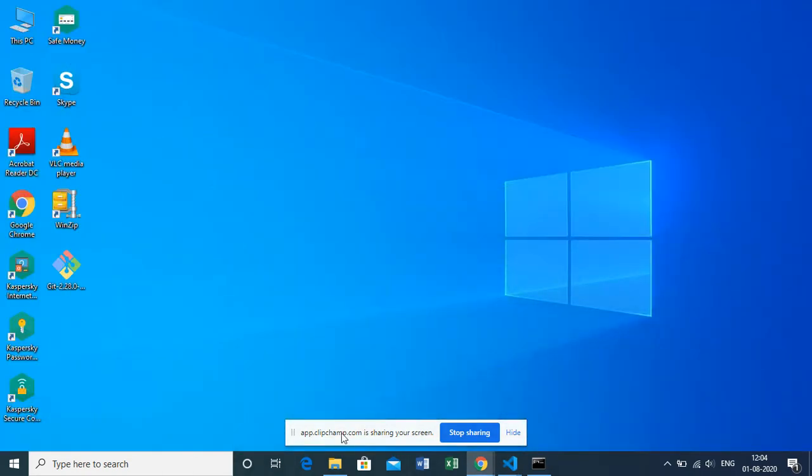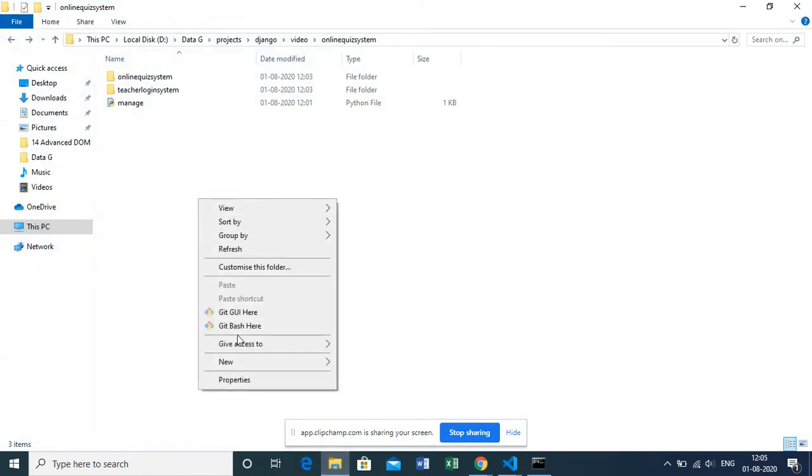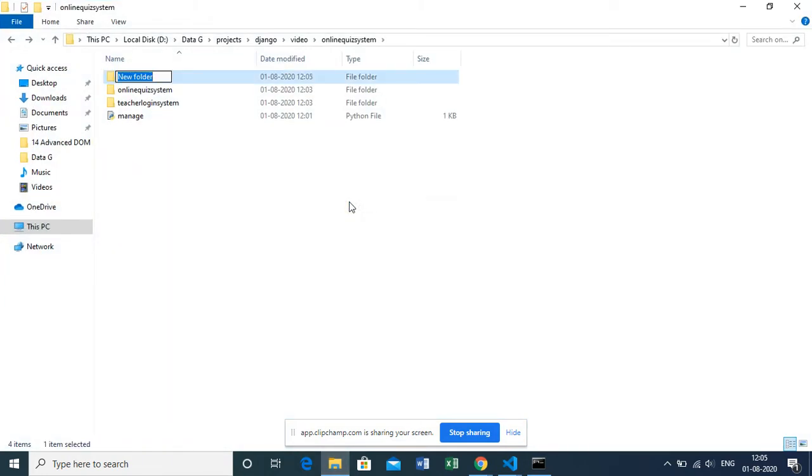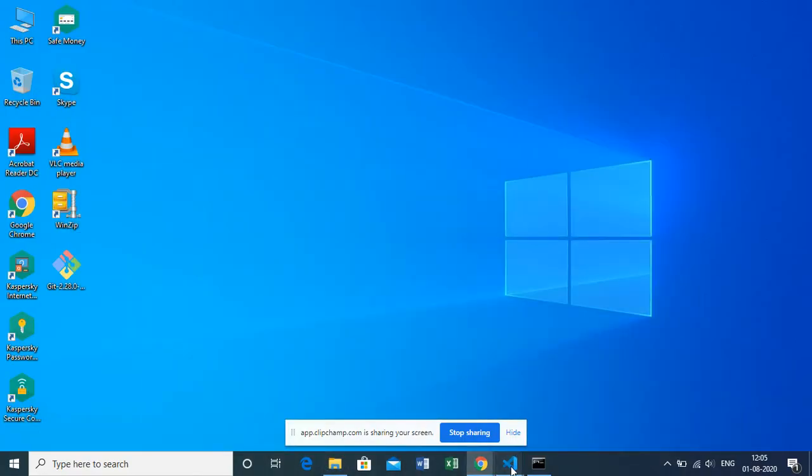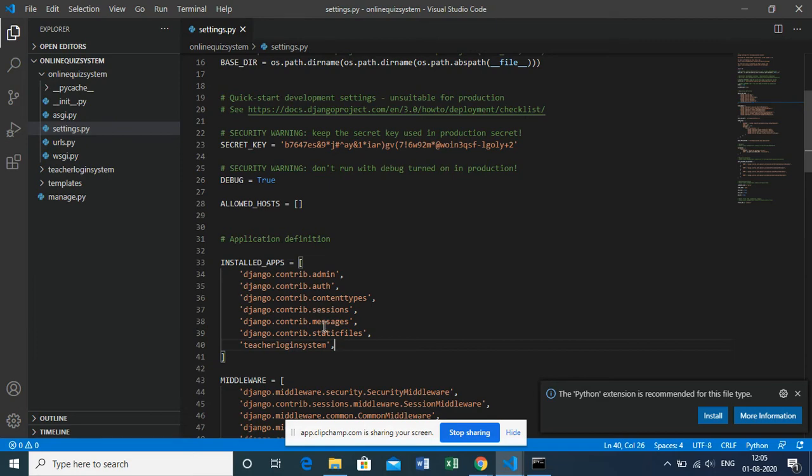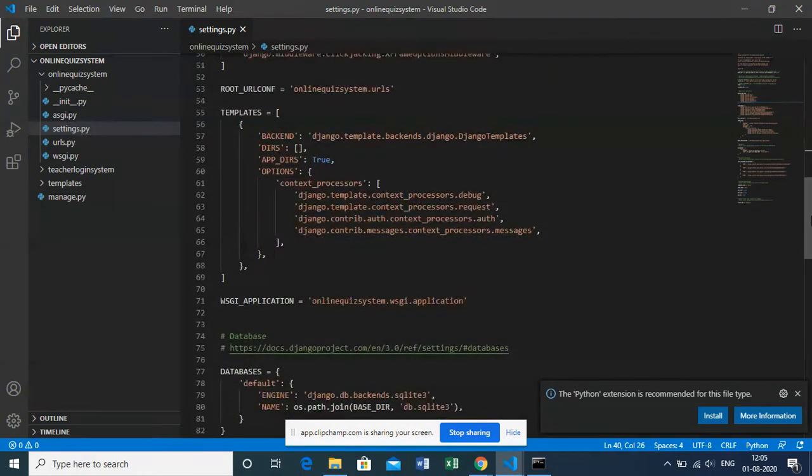Now I'll have to make another folder named templates that will contain all the HTML files inside it. I created the templates folder, and I told you the importance of the templates folder in the last video. So I'll be adding templates over here like this. Okay, so the templates folder has been created, and inside this I'll be making another folder as teacher login system,